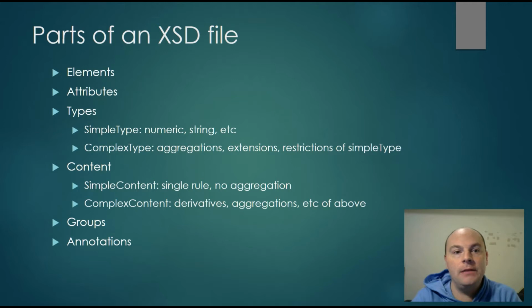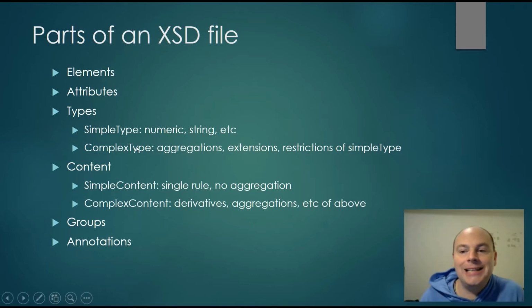You might have a further restriction that says, okay, this is a simple type, but it's only positive numbers. So you would take the simple type of double, which is a floating point. All the numbers are double. There's no real. There might be an integer one. I have to look. Double, and say only double where the value is greater than or equal to 0.0. Or you can have types that are complex type, which collect together